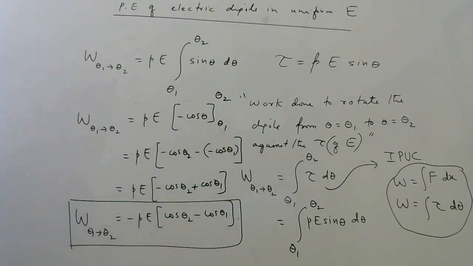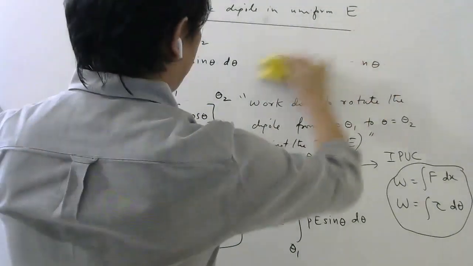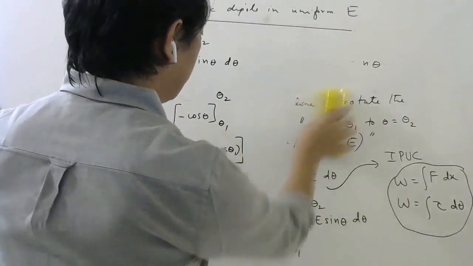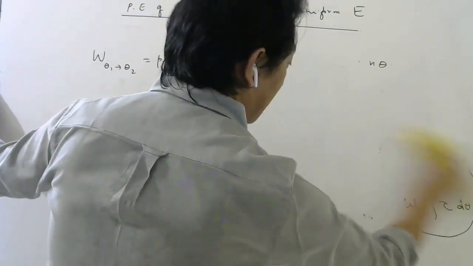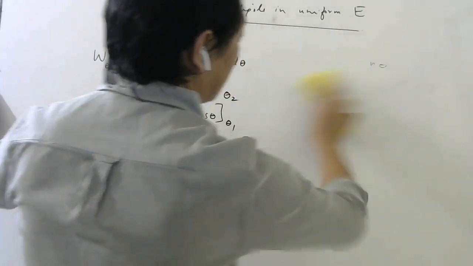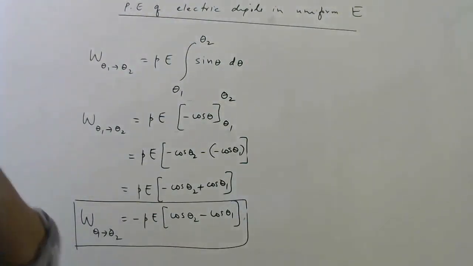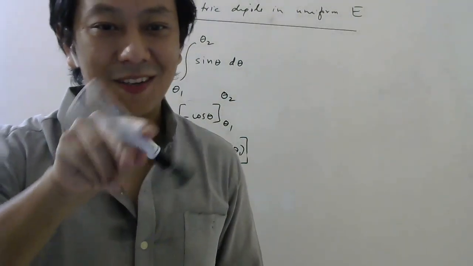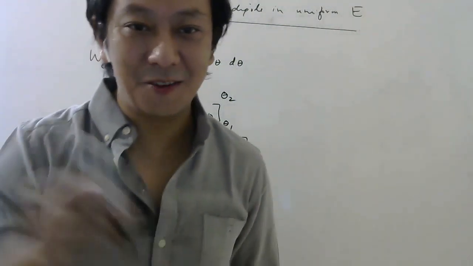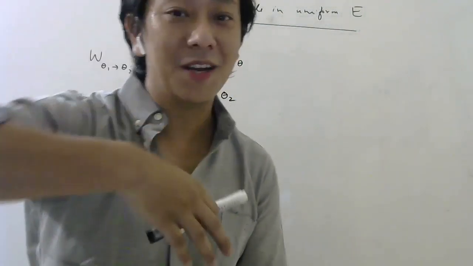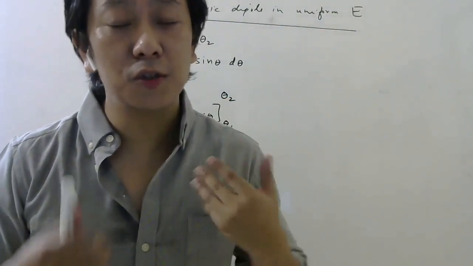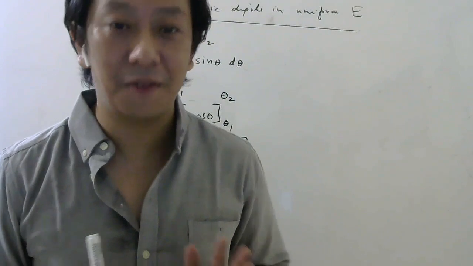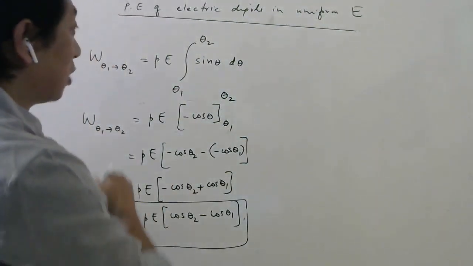Please memorize it. Now I want to know the potential energy of a dipole. To find potential energy, I think we have already understood, we need to choose a reference. You will say, sir, we have already chosen the reference as infinity. But here we are rotating the dipole, no students. We are not translating the dipole, we are not moving it from somewhere to somewhere. So there's no point taking infinity as reference. First of all, you can choose the reference anywhere you want. That freedom we have. Understood?